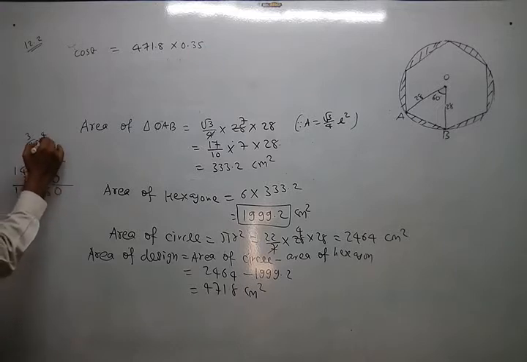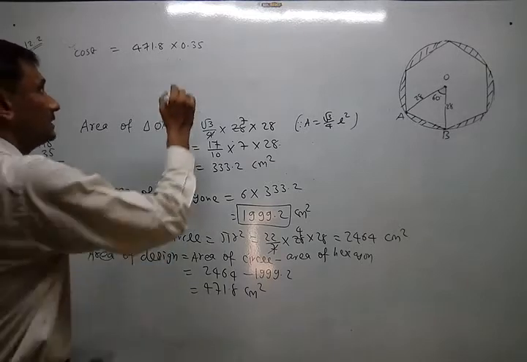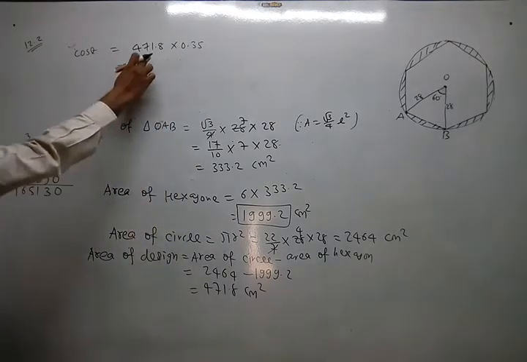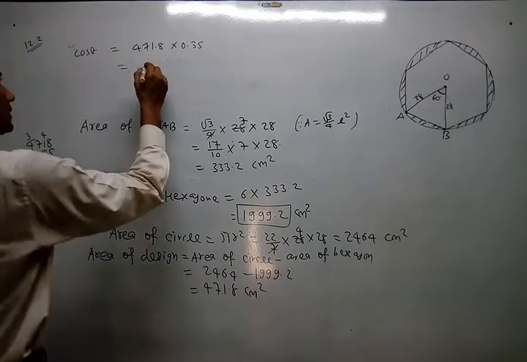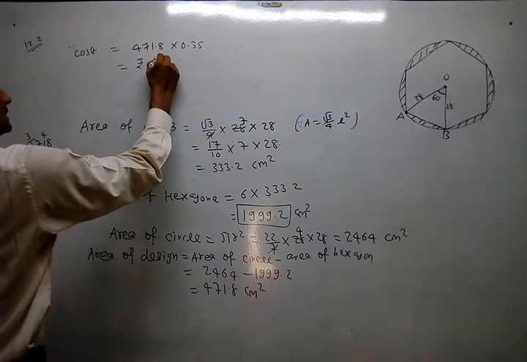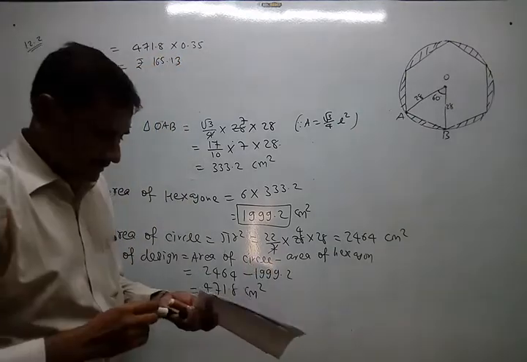3 8s are 24, 2 3 1s are 3 plus 2 5, 3 7s are 21, 2 3 4s are 12 plus 2 14, 5 8s are 40, 5 1s are 5 plus 4 9, 5 7s are 35, 3 5 4s are 20 plus 3 23, 9 plus 4 13, 5 plus 5 10 11, 1 3 4 5, 4 plus 2 6 and 1. So it becomes 165.13 and a total of 3 decimals are there, 1 2 3. So the answer is rupees 165.13. Okay, so that is our final answer.